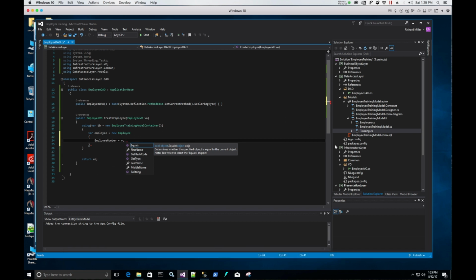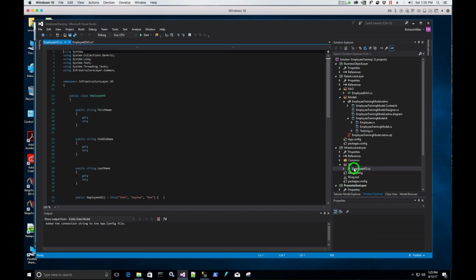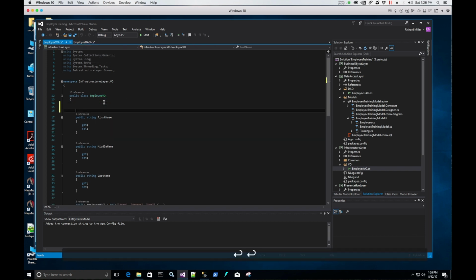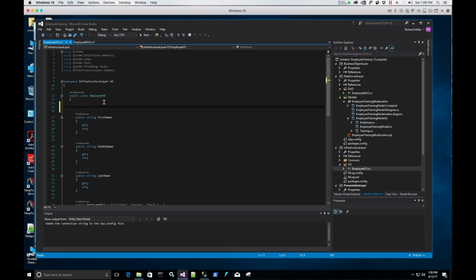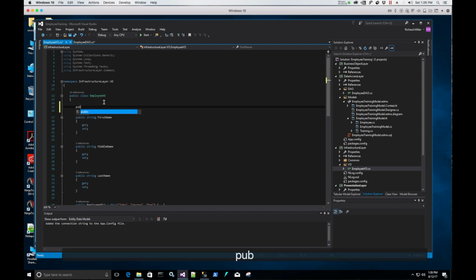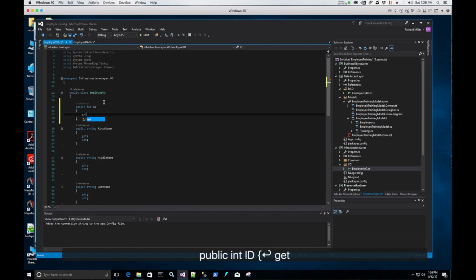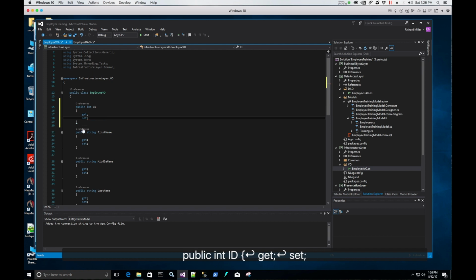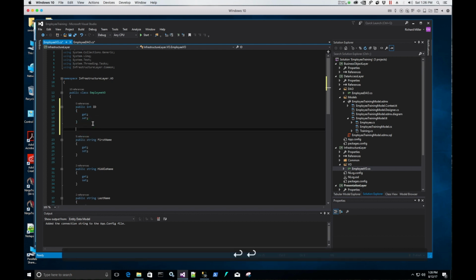So we have to open up our employee VO in our infrastructure layer. This is where having a good structure to your project makes it easy to find stuff. You're like, oh, I need this class from my solution. Where is it at? Well, if you got it organized, you can find it. So public int ID, open, close, get, set. Okay, and there's our ID property. Public string employee number,